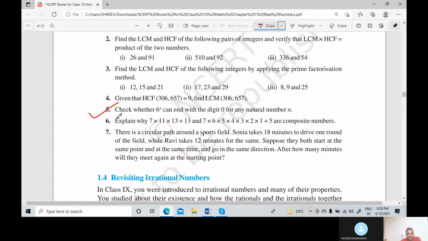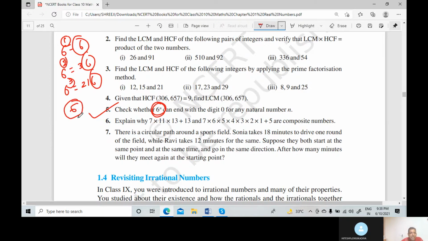Here questions 5 and 6 are both remaining, and first we discuss question number 5. Look here, check whether 6 raised to n. Again repeat the fifth standard. Now you can put n equal to different values. So 6 raised to 1, answer 6. 6 raised to 2, answer 36. 6 raised to 3, answer 216. Now increase the power of 6 raised to n here. Different values, right? But the unit digit is always 6. So whenever 6 is raised to any power, the unit digit is always 6, never 0. Why is it not possible here?